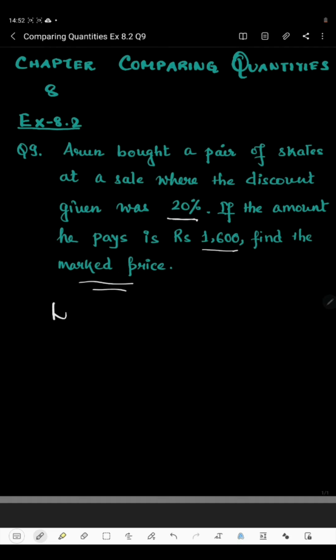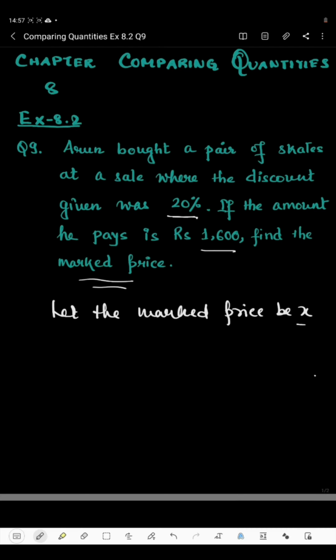So let us consider the mark price to be X. Suppose the cost of any item is 100 rupees. So that means this is the mark price, and suppose 20 rupees is the discount. So how much money are you paying? It's 100 minus 20, which is 80 rupees. That means the discount is to be subtracted from the mark price to get the amount which is to be paid to the shopkeeper. Now similarly here,